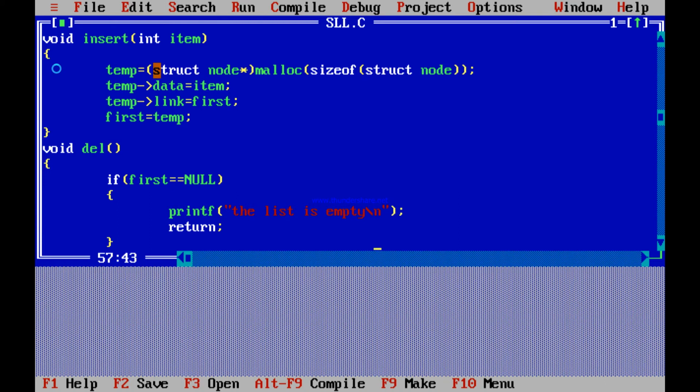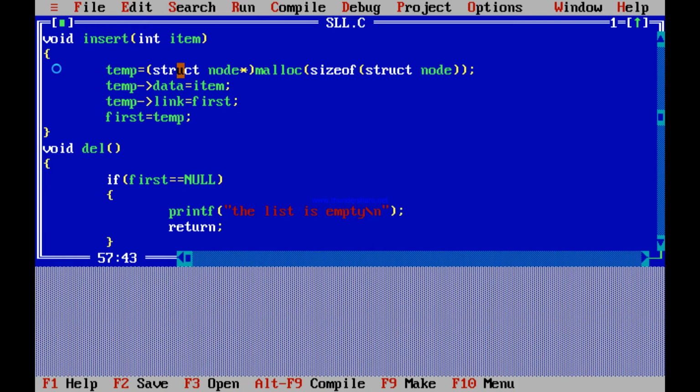Here temp is the temporary pointer we are taking. Using temp we are going to create a node. We are going to allocate the size to that particular data. So temp struct node star. This is the syntax of declaring a node or initializing the size to your data.